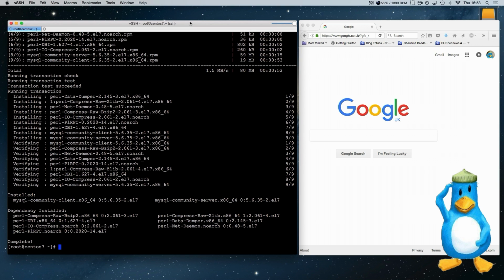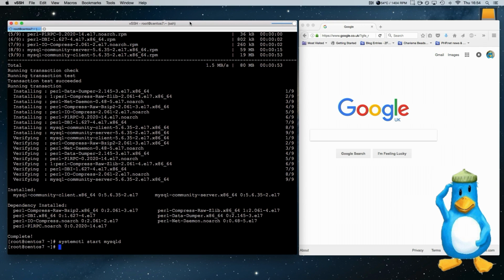We start it with systemctl start mysqld. Now that's started, and we can now run the MySQL secure installation. We have to do this so that we can disable anonymous user accounts, disable the root login, and also remove any test databases. So we need to say